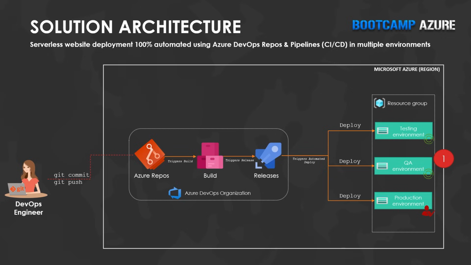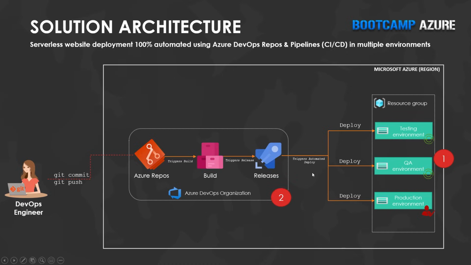The blob can also host a static website, and for having the blob in place, we need to have the storage account created. So we're going to create a storage account for each environment: one for the testing environment, one for QA, and another one for production. And then, with the storage accounts in place,